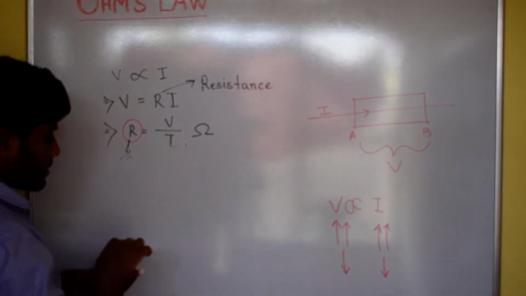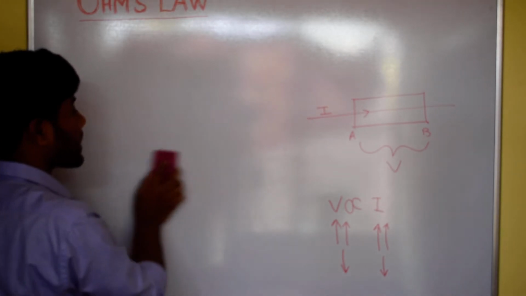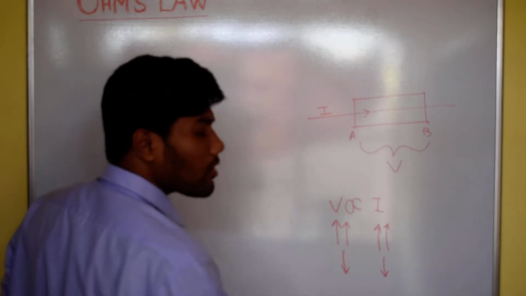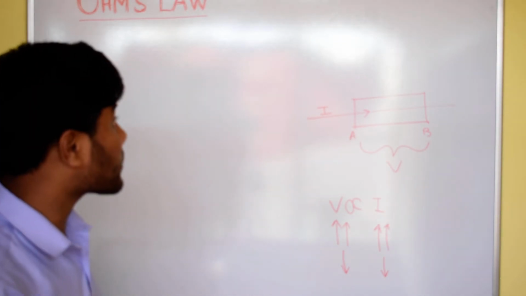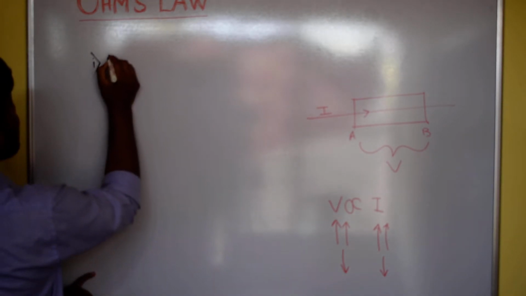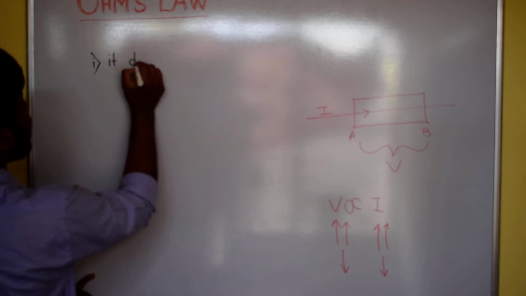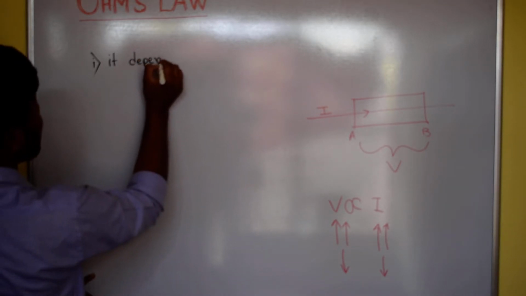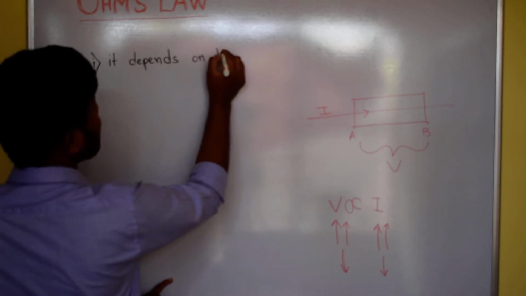Now see, we are discussing resistance. On what factors does resistance depend? Resistance to kar upor depend koribo. Number 1, resistance depends. Number 1, it depends on the